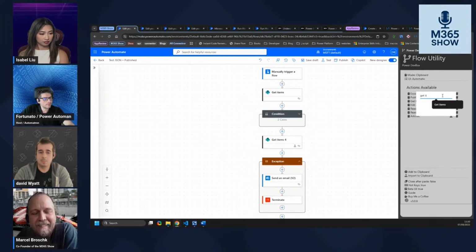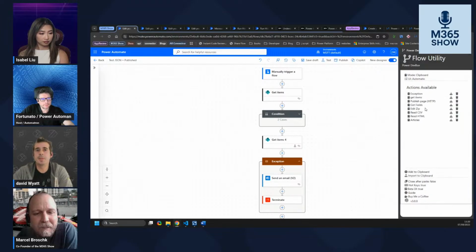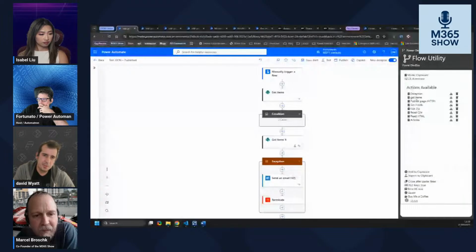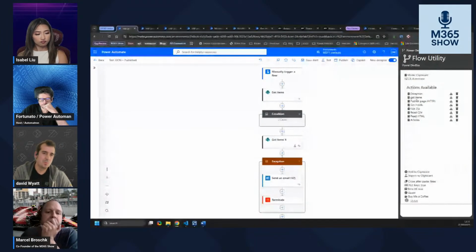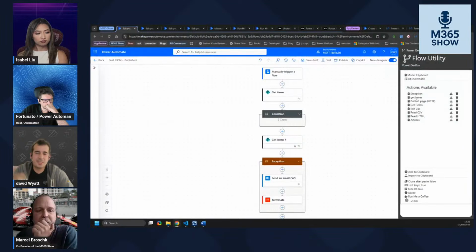Oops, I can't type. And then what you'll see is it just adds that in there as a new action. It gives you that real quick flexibility of using the same tools over and over again. You can also share it with the developers, and you end up creating a suite of standardization. If you've got certain things that you want in everyone, like exception handling or how you deal with a CSV, instead of having to build out a flow or subflow or documentation, you can just save it in there and copy and paste it across.